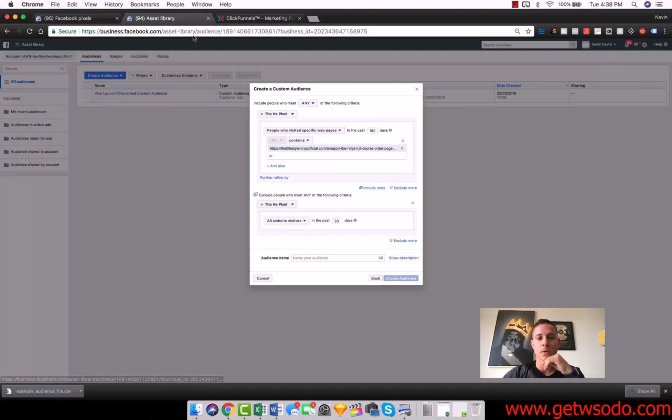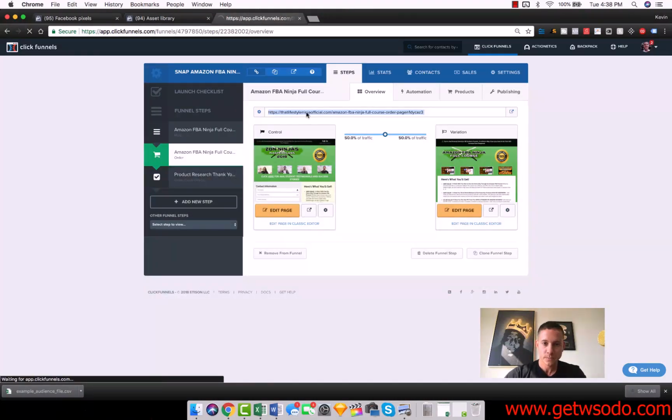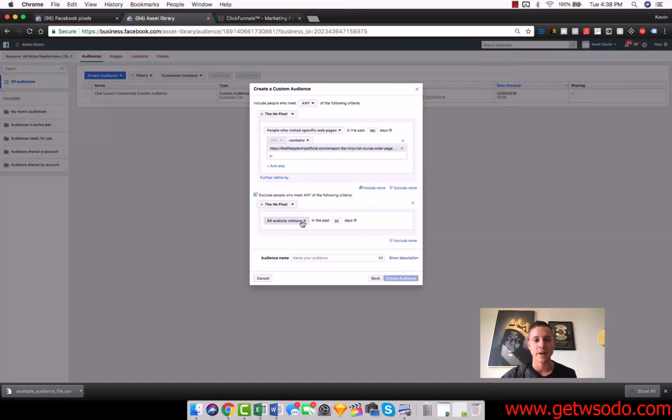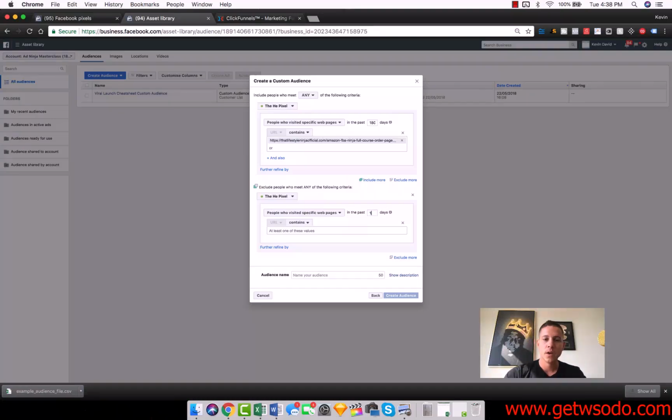So if we exclude people who visited the thank you page on this next funnel step right here, then we're actually going to get a much more refined audience, because now we know that someone has visited the order page, but they have not yet seen the thank you page. So this means that they're interested enough to go to the order page, potentially put in their credit card information, but for whatever reason, they didn't buy. Something distracted them, maybe their Wi-Fi stopped working, or any number of millions of different reasons. But the point is, guys, people who make it to the order page, but have not yet seen the thank you page,